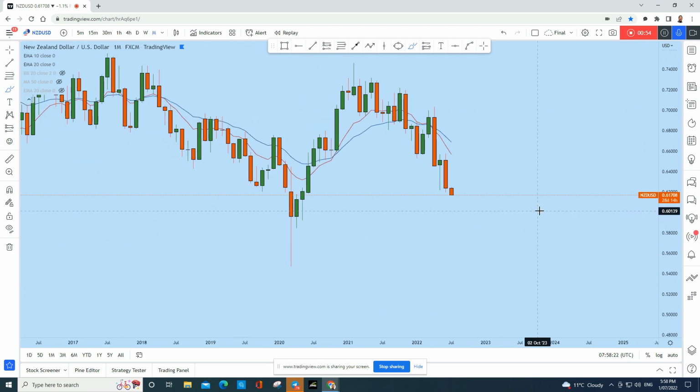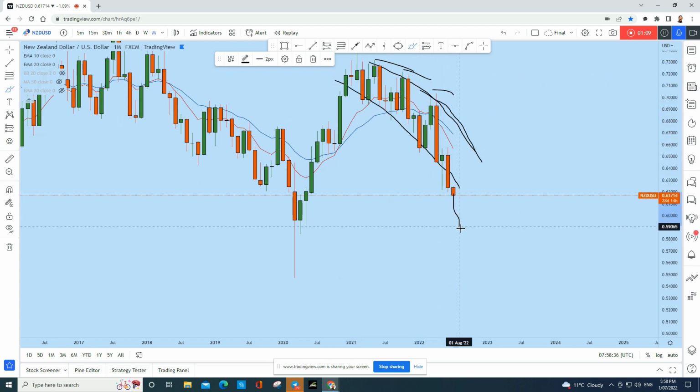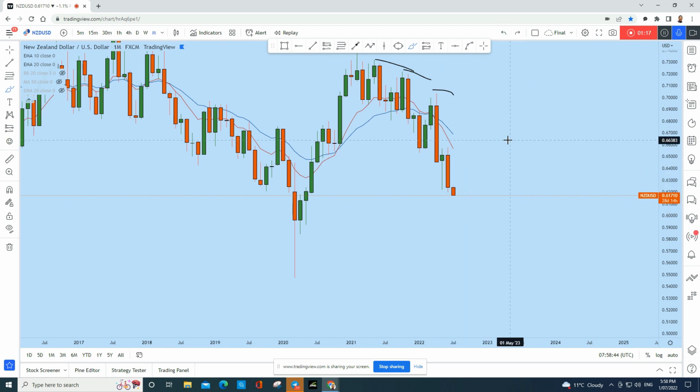If you look at the overall market structure, this is a strongly bearish market. If you look at the top, NZDUSD was creating a series of lower highs and falling along this channel. Now we see that this channel is completely broken, and we could see a little more drop as this is the higher time frame. After a certain drop, then we could see a reversal, but at this point we can expect